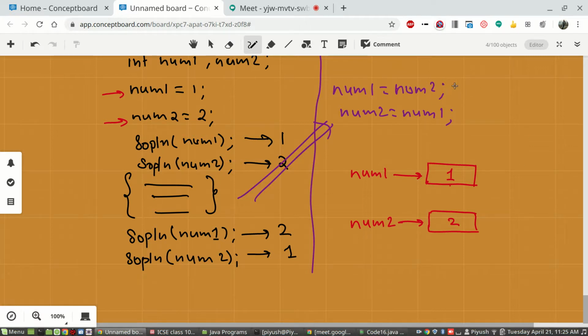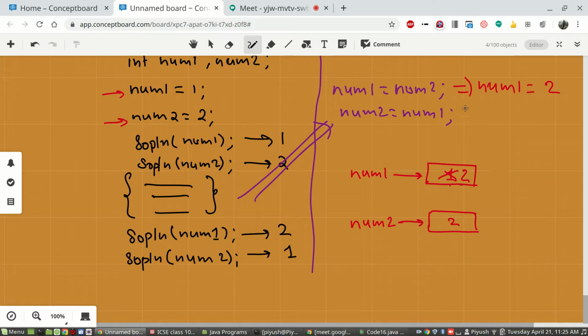Internally this line means num1 equals the value from memory location num2, which will be fetched and go here. So num1 will become 2. The original value will be erased and the value from num2 will be put here, 2. Correct?